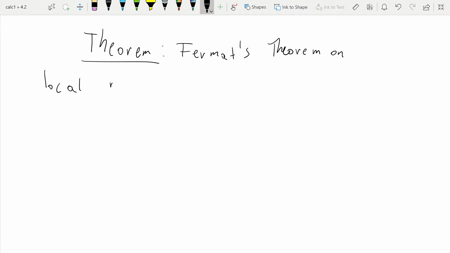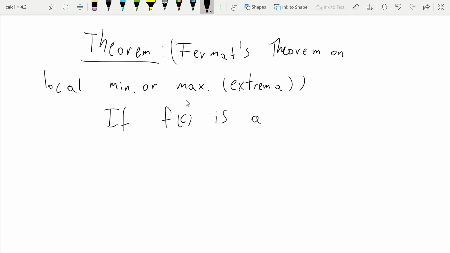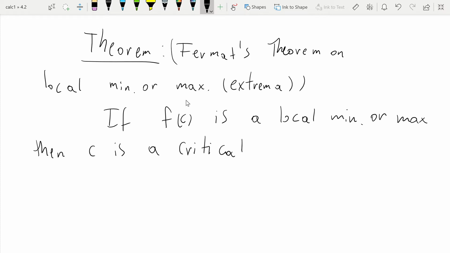On local min or max. Okay, so local min or max or local extrema. So these are the extrema of a function f. So what does it say? If f of c is a local min or max, then c is a critical point